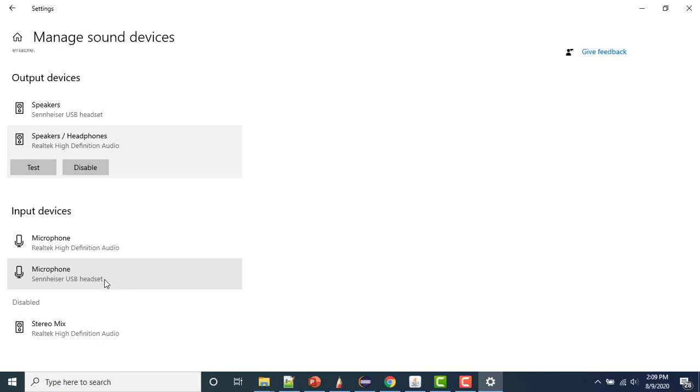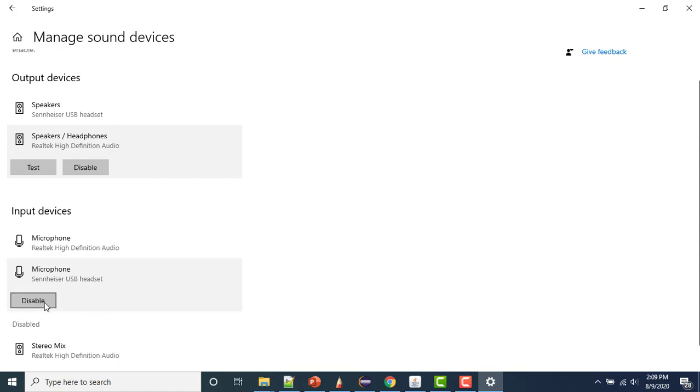So let's say if I disable this one, what would happen? Then I can also record my voice using this Realtek High Definition Audio, because this hardware which is in our laptop acts as a speaker as well, and it has a microphone as well, so that we can record our voice, right? So if you want, you can disable it, or you can enable it, right?